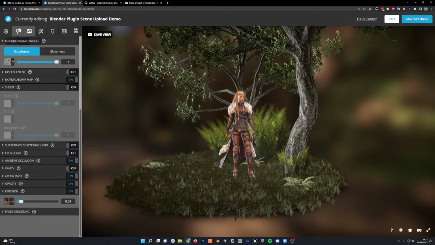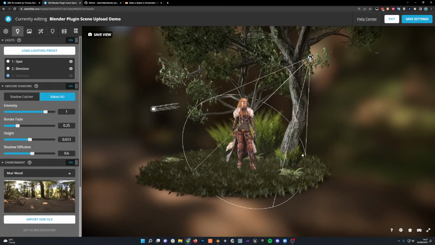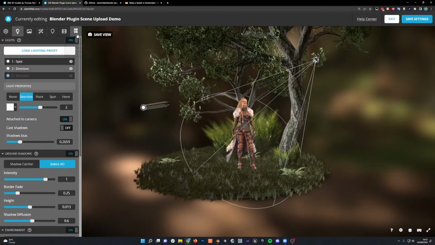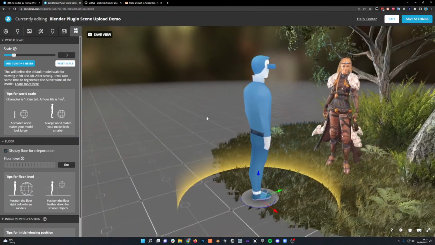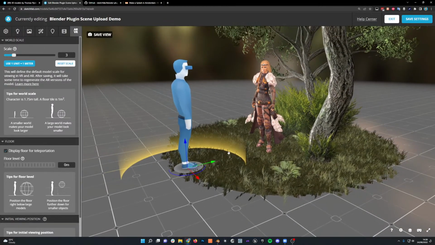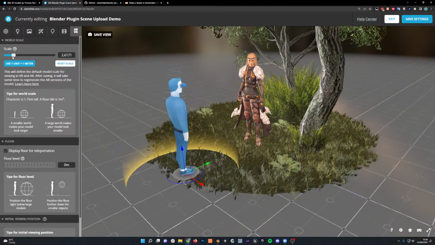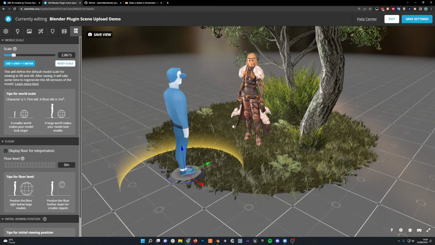Adjust the materials of the character as well as the lighting for the scene. I've got a spotlight shining and then kind of a key light behind. We can set up the scene for viewing in VR and AR. So this is the scale. We can play with the scale of the scene so that when it's published in AR or VR, people will